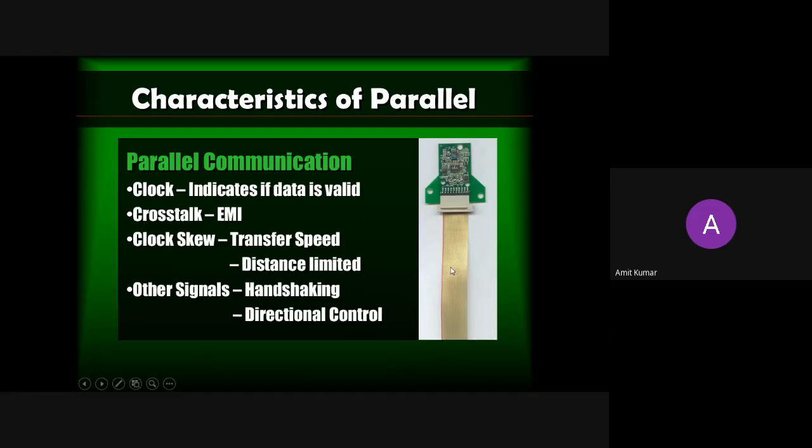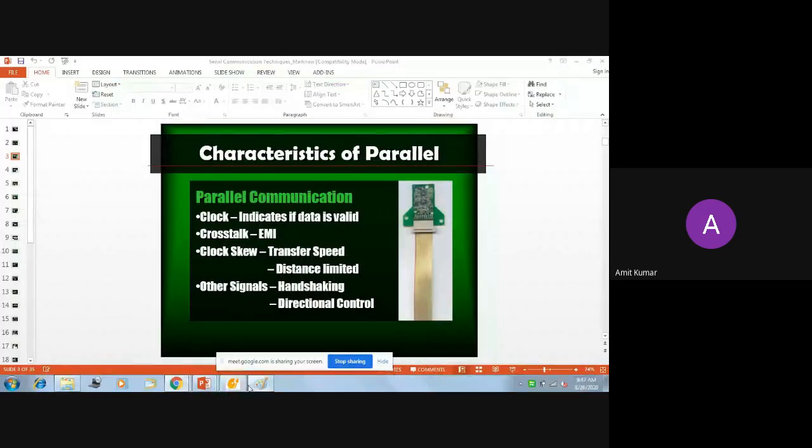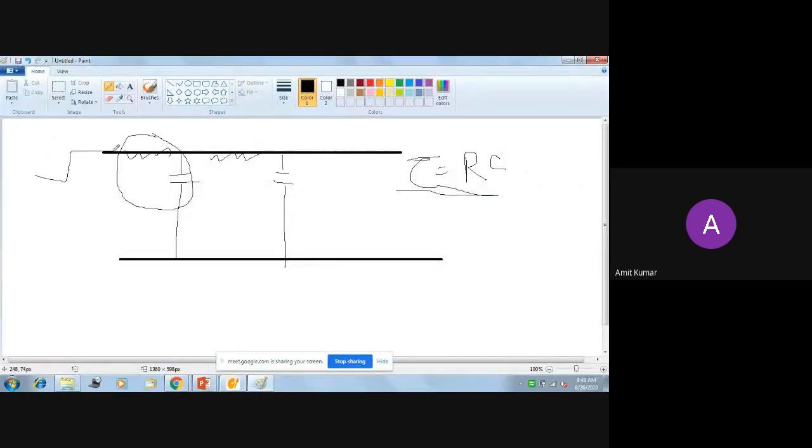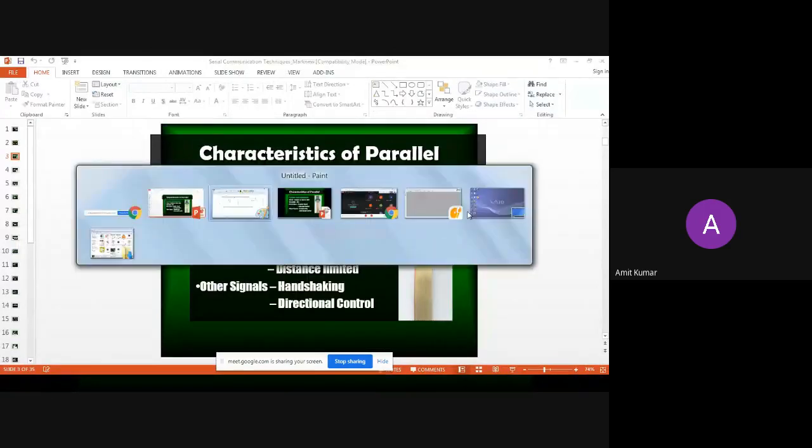Due to which, every data or 8-bit data will arrive at the receiver at a different instant of time. The arrival of data at a different instant of time is known as skew. If your signal is applied in this fashion, it will be delayed and will look like this. For example, if at t equals t0 it changes from 0 to 1, here it will change from 0 to 1 at t1. This is known as skew. So the arrival of data at different instants of time at the receiver end is known as skew. So due to skew, what will happen?